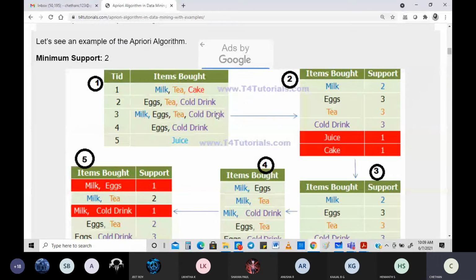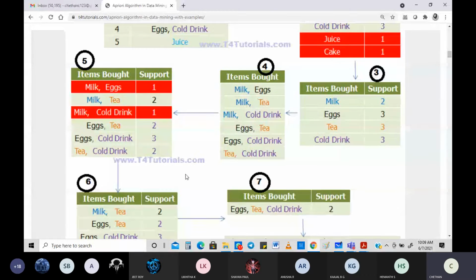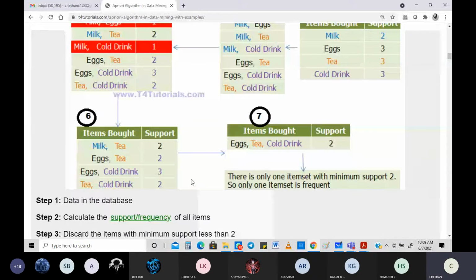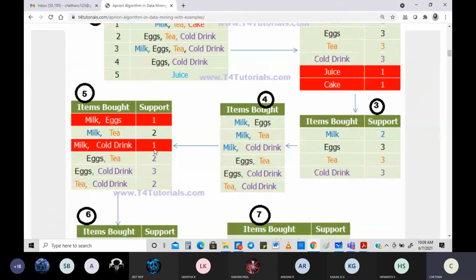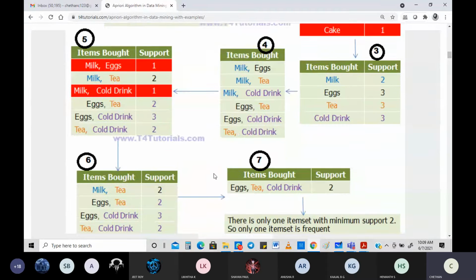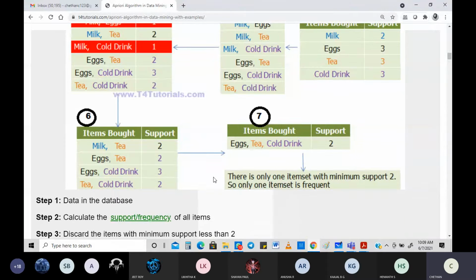If we take 4, all these things will come and minimum support will never be met. So when you take all 3 at a time, there is only one thing that is going to come. What is that one thing? XT cold drink. You can see very clearly what the combination is. You got your XT cold drink in transaction number 2, and XT cold drink in transaction number 3. Only those 3 items, if taken together, will have a support of 2.